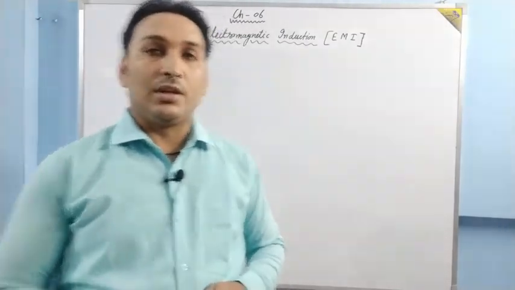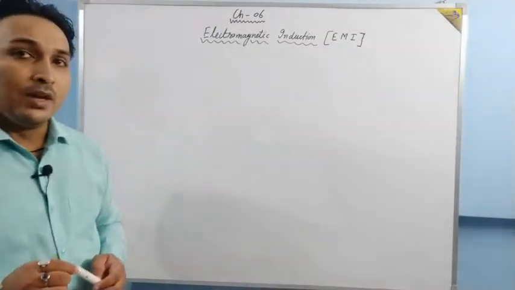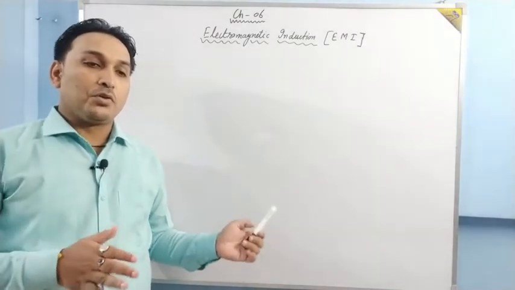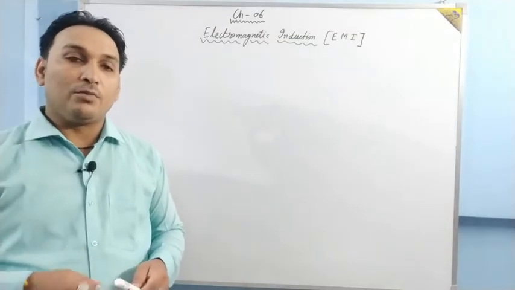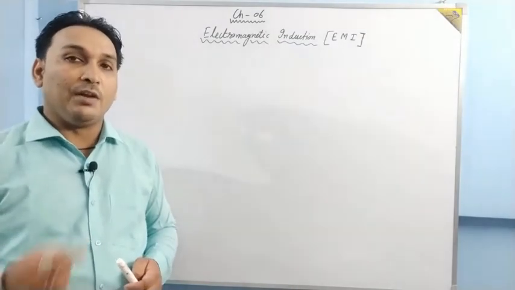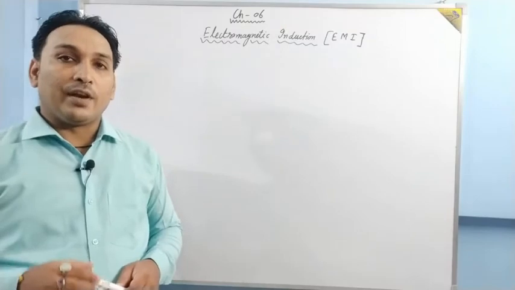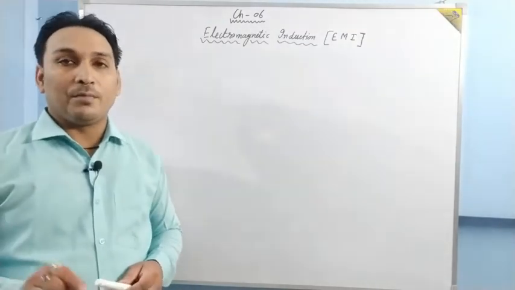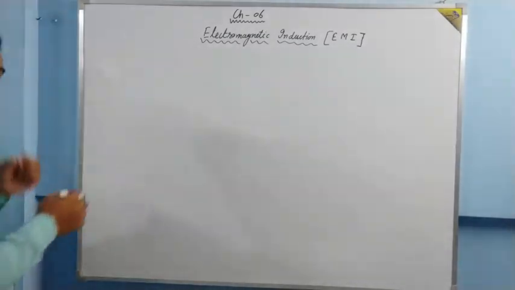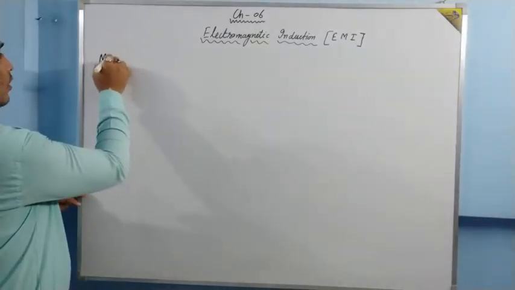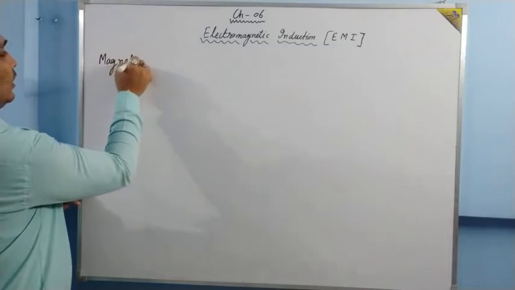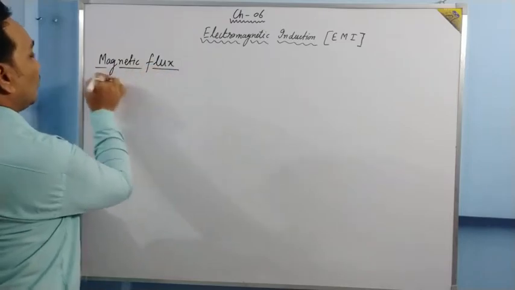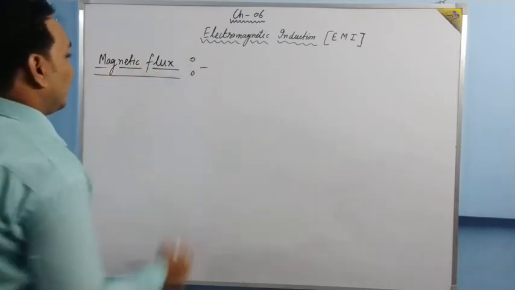In this chapter the very first thing I want to tell you is magnetic flux, because magnetic flux is the quantity which is used very widely in this chapter. Without discussing magnetic flux, without naming this quantity, we cannot move a step ahead in this chapter. In every topic magnetic flux is included. So let us understand what magnetic flux is. Already we have studied what electric flux is. In the same manner, the magnetic flux quantity is studied. What is this magnetic flux?